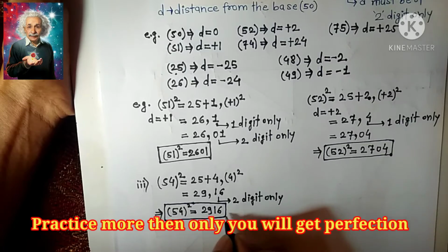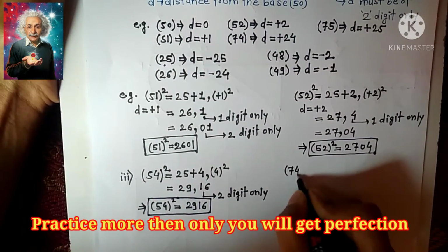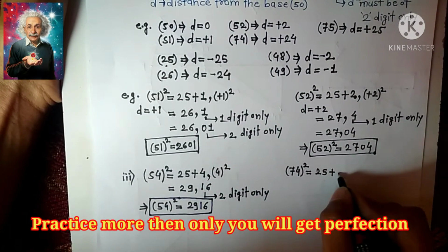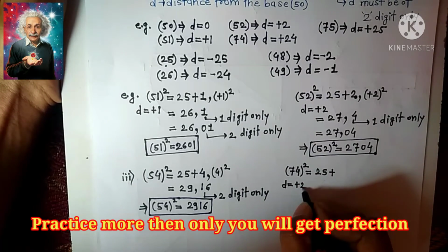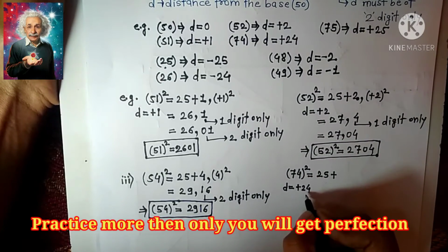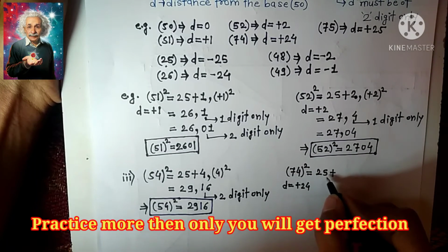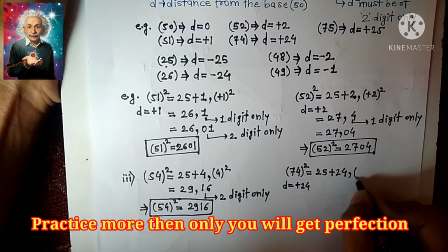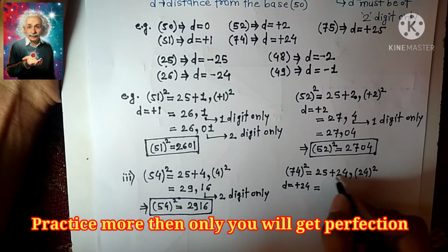Now we take the number 74. 74 square is equal to 25 plus d. The value of d here is plus 24 because the distance of 74 from base 50 is plus 24. So the value of d is 24. So we write it as 25 plus 24 comma 24 square. Then we get 25 plus 24,